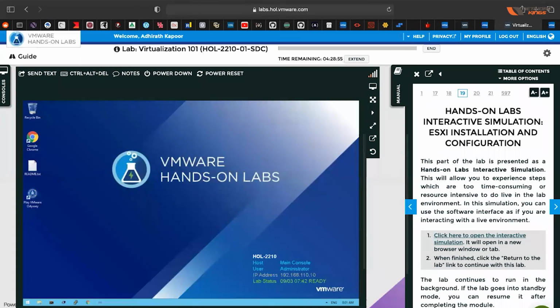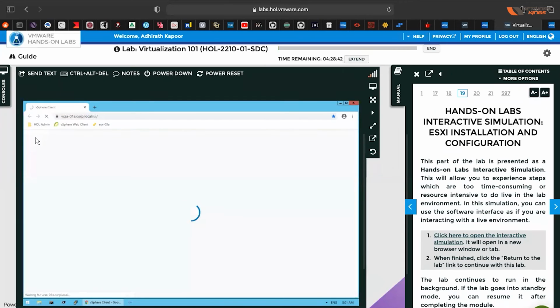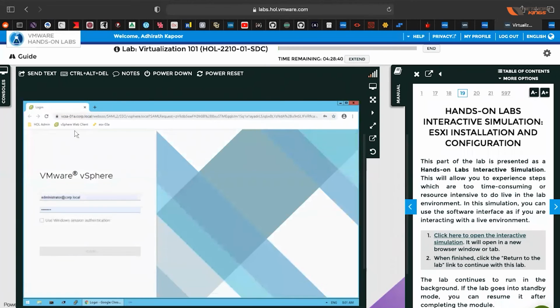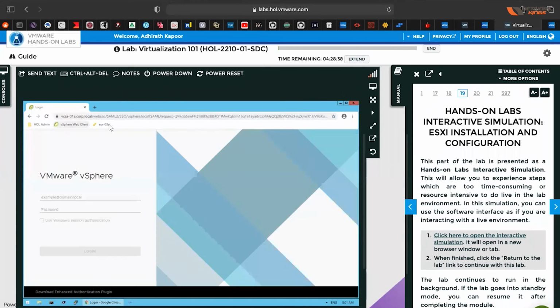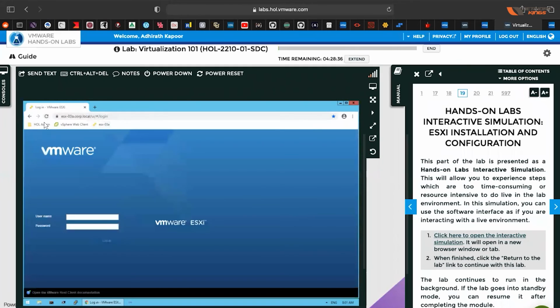Or if you want, you can follow the steps on the right hand side and perform the same on your browser. You can see here that if I click on Google Chrome, then it will automatically open up. Here you have vSphere web client, you have ESX, you have HOL admin access. So everything is there.